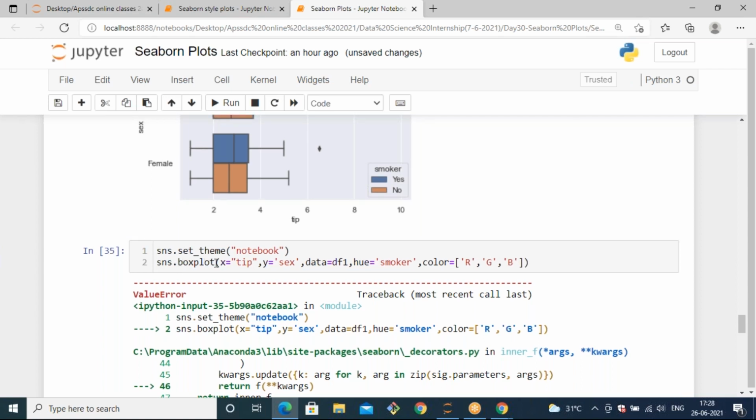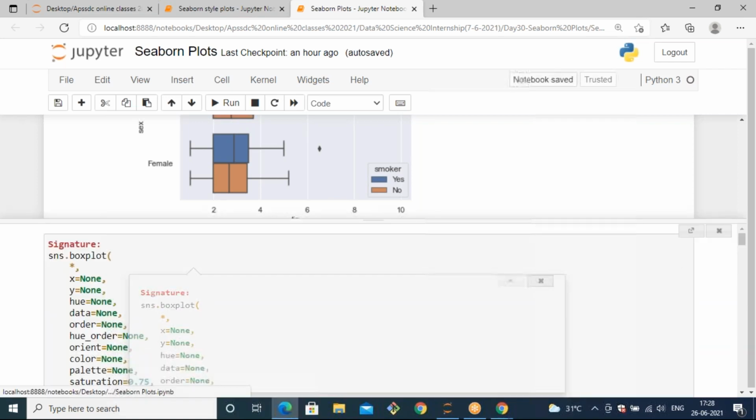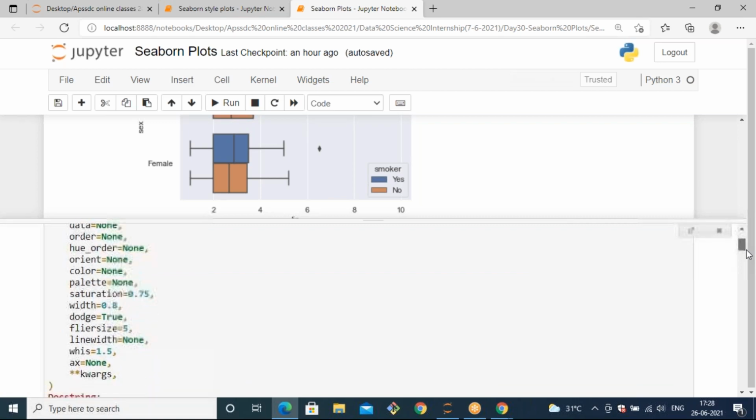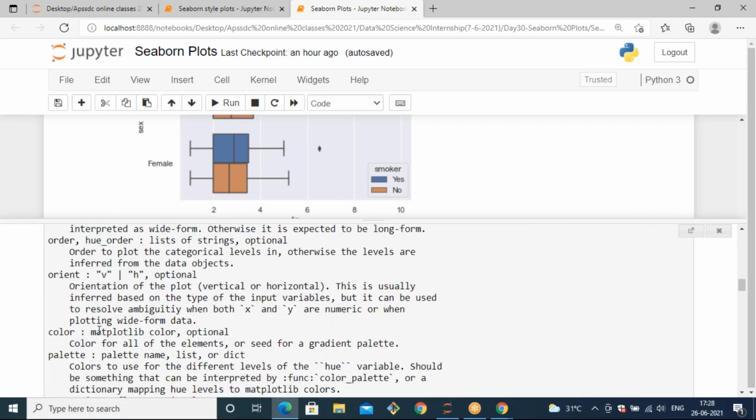Let's see the syntax once, the supported colors for this. When you have an error, just go to the documentation or signature window. It will take a matplotlib color by default, optionally a color for all the elements, or a gradient palette.